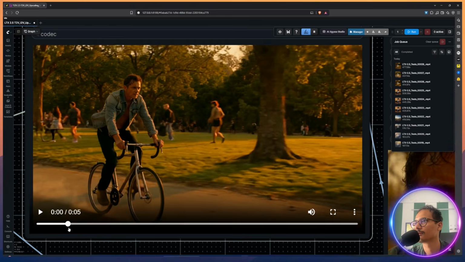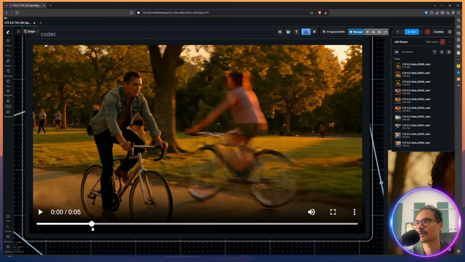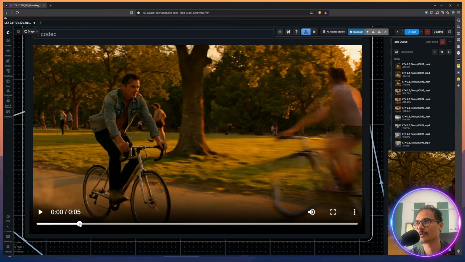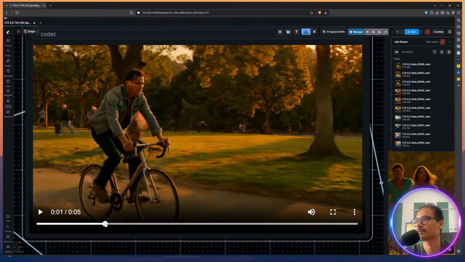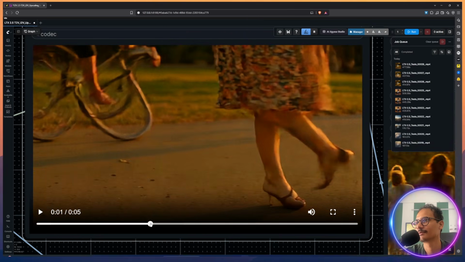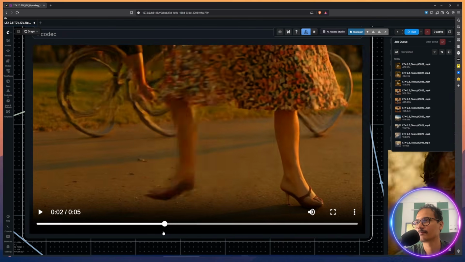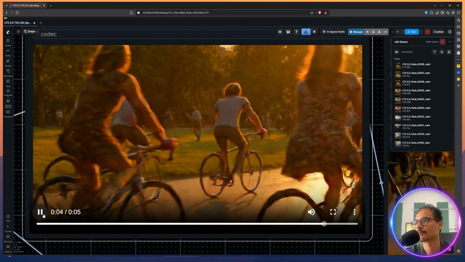Basically, he is riding the bicycle and somewhat the background is still intact. The person on the other bicycle is just ramping up speed, but you can still see the hallucination, though it's better. This is weird. If I change the seed, we would get better results, but there is no comparison then, because that's a different seed. But this leg here is stupid. The walking of this girl is stupid, but overall,